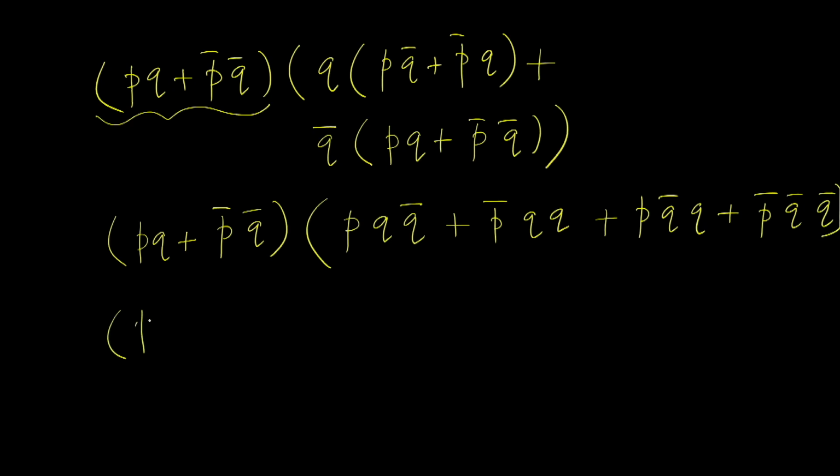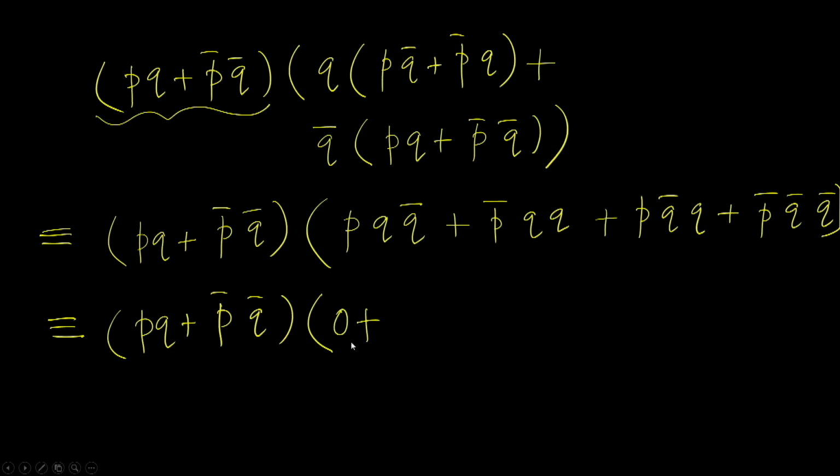Let us simplify this further. So this is logically equivalent to: Q Q bar is 0, so this is 0 here. P and 0 is 0. Q Q is Q, therefore we have P bar Q here. Q bar Q is 0, then we have P and 0, which is 0 again. And then P bar Q bar is Q bar, so we have P bar Q bar,